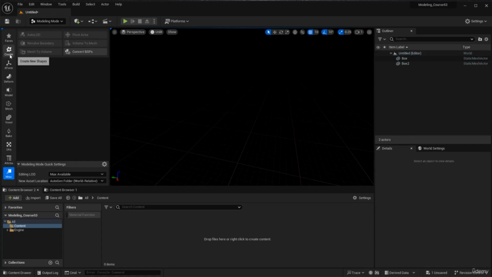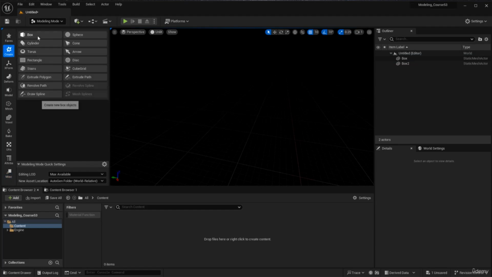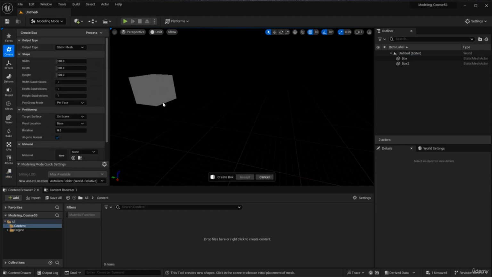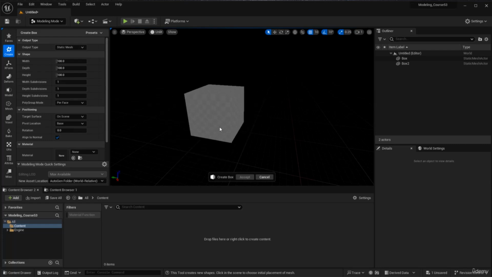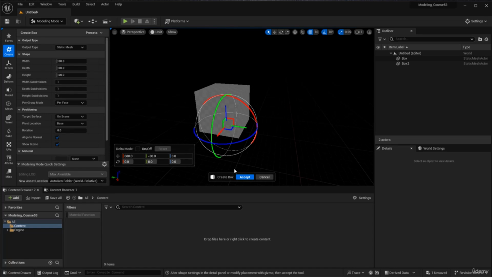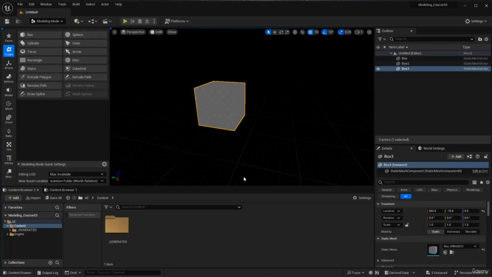Now let's go ahead to the Create tab and I'm gonna click on the box. And now I can move the cursor to the viewport and place the box where I want. And notice here we have the create box. It's asking you to accept that or cancel that. And here you can see we have a small window. This is the transformation, so I can move it or rotate it. And notice when I hit the accept button, Unreal will create a folder for you and create